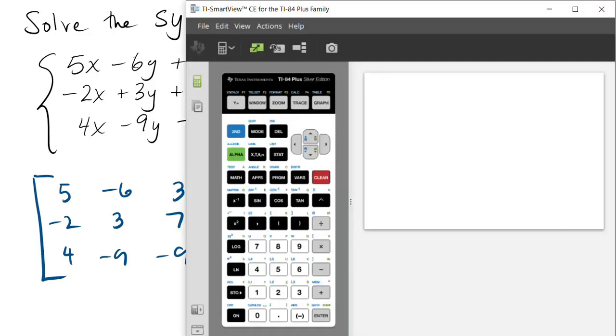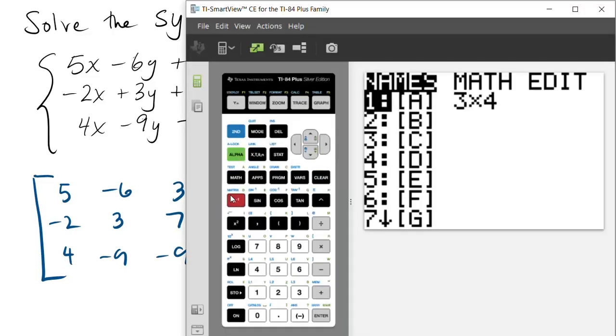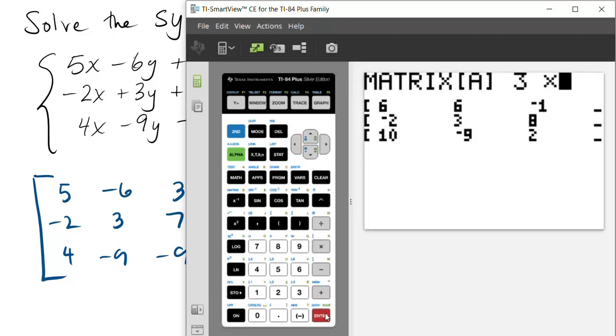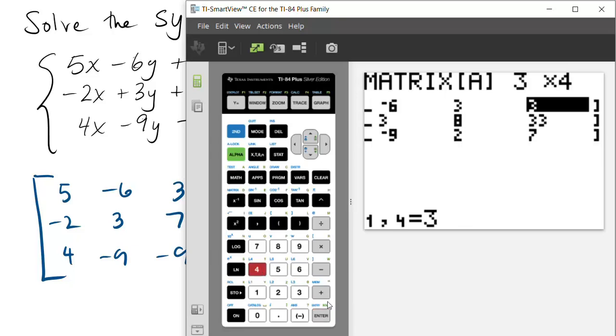Now I'm going to put that into the calculator. I hit second and the x inverse key to pull up the matrices, and the first thing you need to do is go to the edit option. We're going to edit matrix A, which is still a 3x4. We're going to type in each of the entries. We're going to go across the rows as we hit enter. So 5, enter, negative 6, enter, 3, enter, 4, enter,